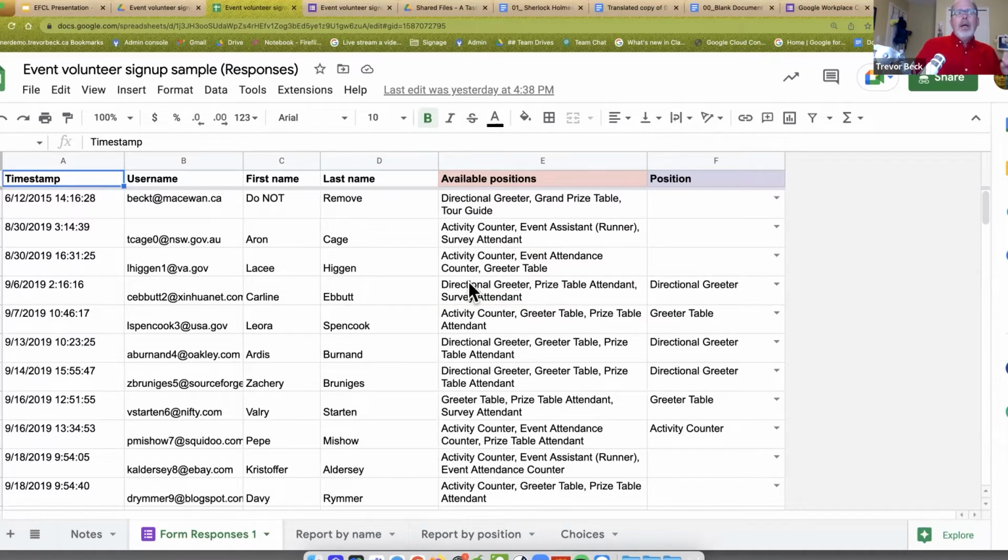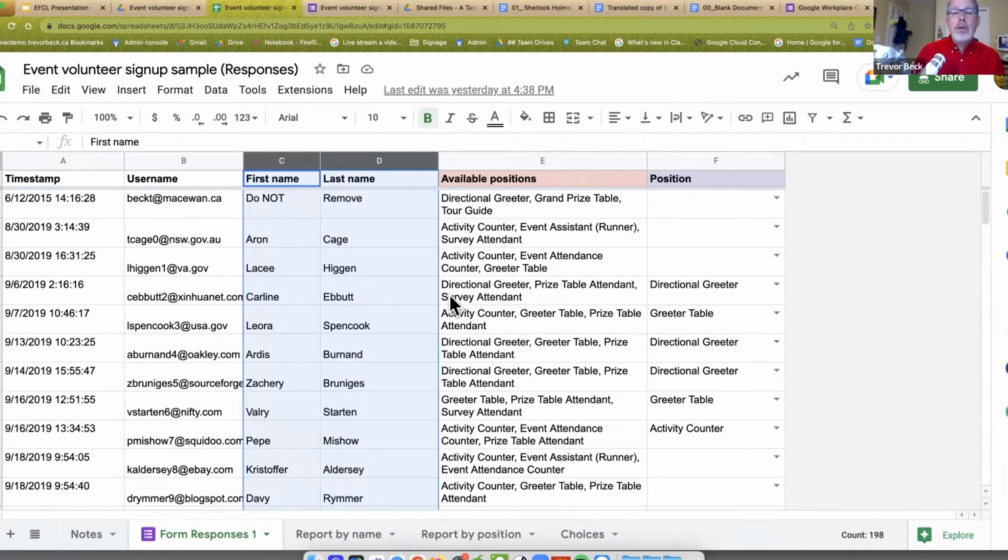Now, one of the things that's nice about this is all their choices are in here. Most people's first instinct is, if I want to find out everyone that wants to be an activity counter, I'm going to go in and sort. The first thing I say to people is never, never, never, ever sort your original data. Because what will happen is someone gets focused and they go, well, I want this in alphabetical order. They just go to here, they hit sort. This will change because it's selected.